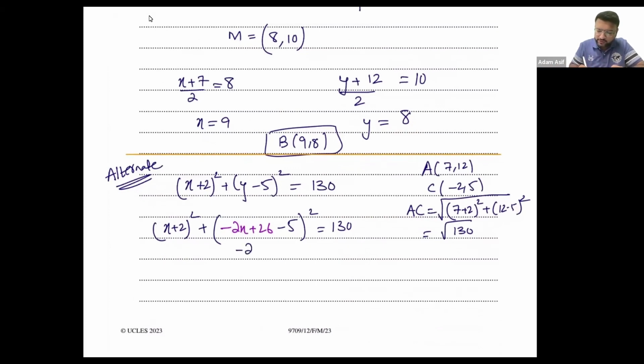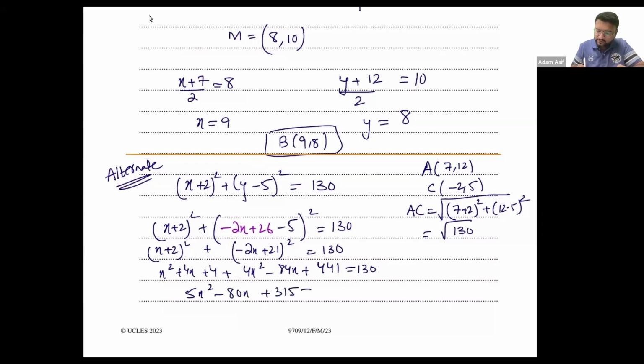ठीक है, this is going to be -2x plus 21 the whole thing square plus x plus 2 the whole thing square, x square plus 4x plus 4, 441 equals to 130. 5x square minus 80x plus 315 equal to 0. Now solve this equation. You're going to get the two values of x. One value of x is going to be 7, दूसरी x की वैल्यू आपके पास आ जाएगी 9।